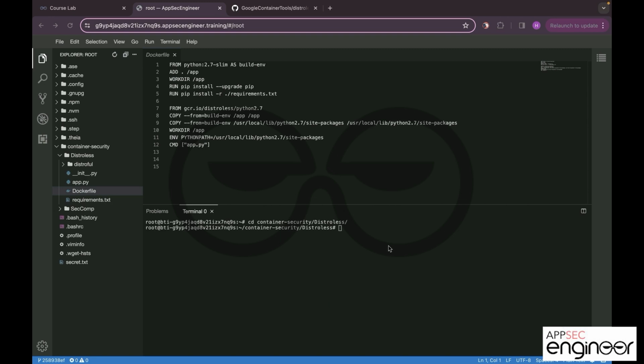In order to install the necessary requirements for our Python app, we install in a separate image format. First, we copy the installed files into our distroless image. This is what we call a multi-stage build. We have the Python 2.7 slim version and we have named it as the build environment, env. From the current directory, we are copying our source code from the current working directory into our app directory. That's what these two steps are doing, and then we install and upgrade our pip and also